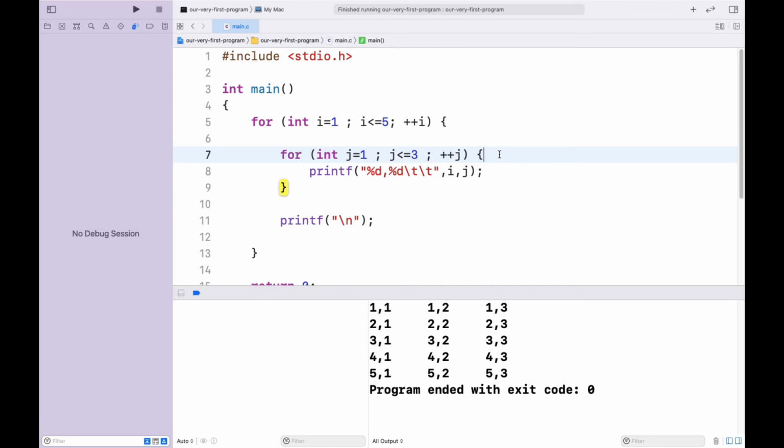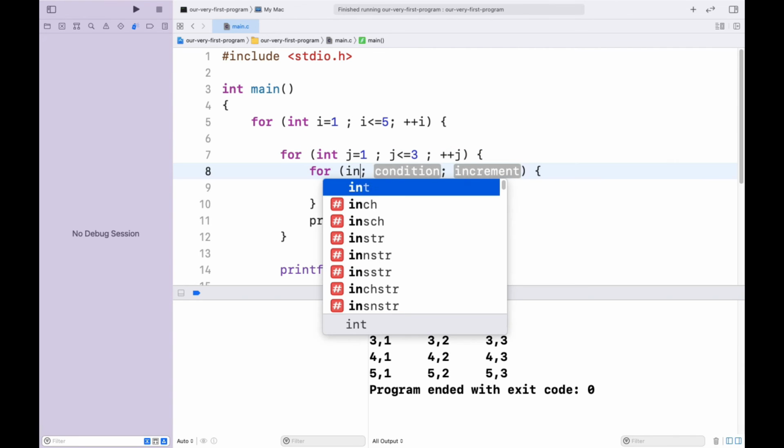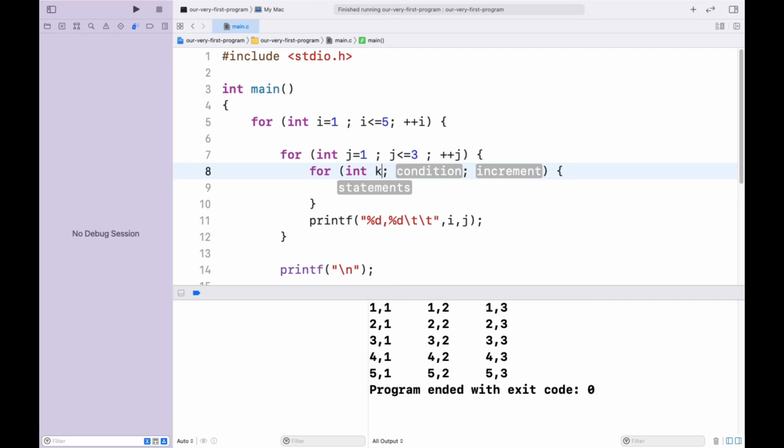And if we had another loop inside this loop, we would calculate the execution by just multiplying the number of times that particular loop is going to get executed.